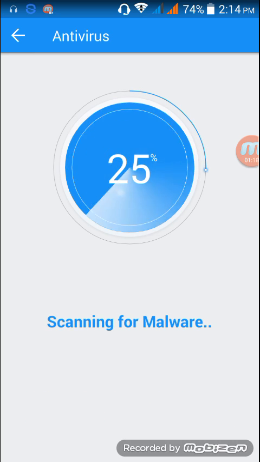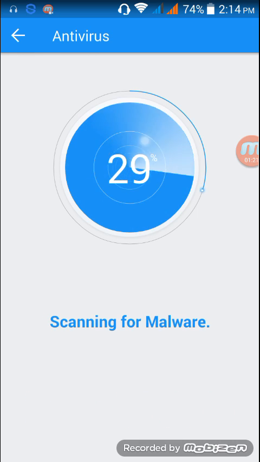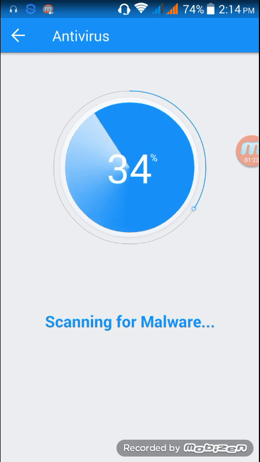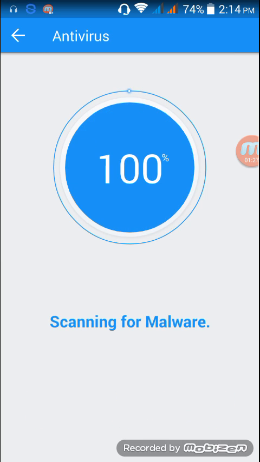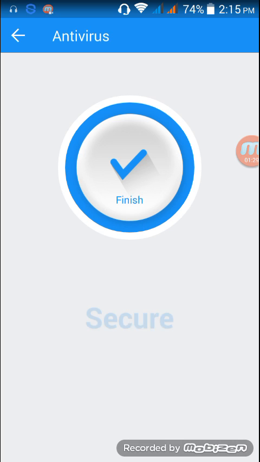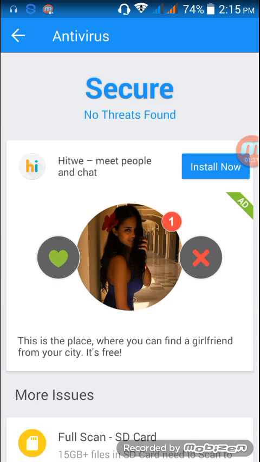Then just follow it. So if it's running different services or applications, it will tell you to force stop that or disable it, or this antivirus will delete those viruses by itself.